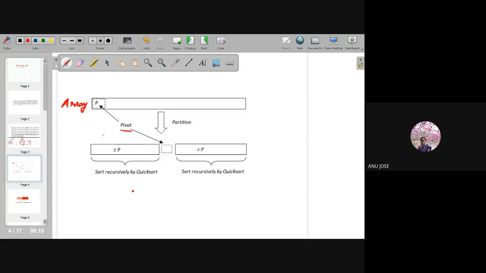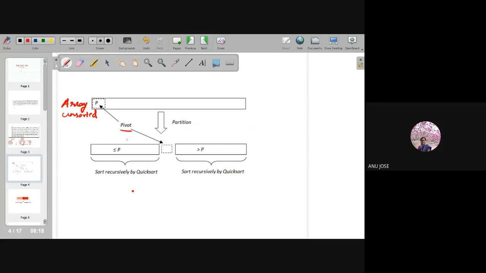What is the idea of quicksort? You take the array, which is the unsorted array acting as the input for this quicksort. You take the first element, and that will be called the pivot element.